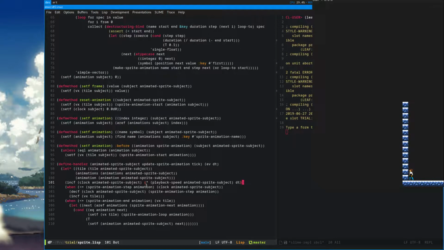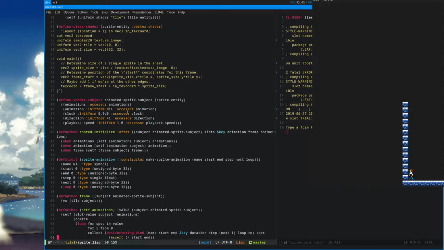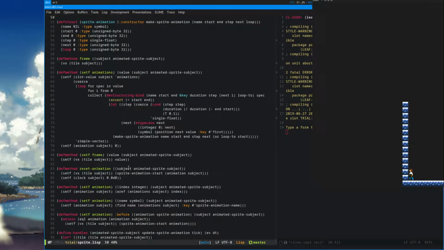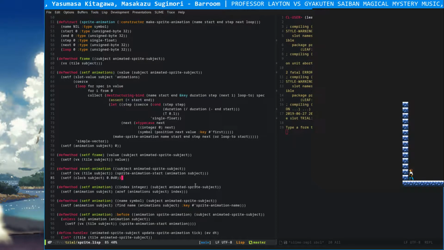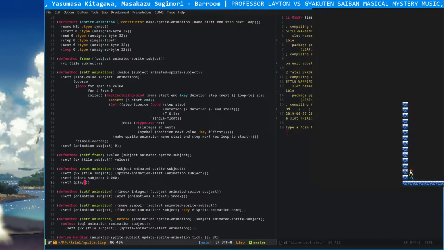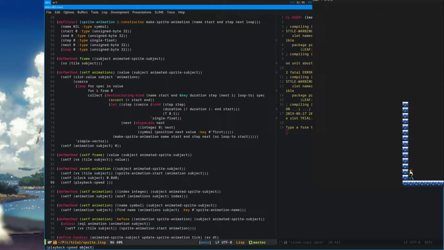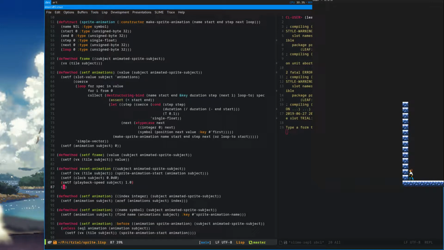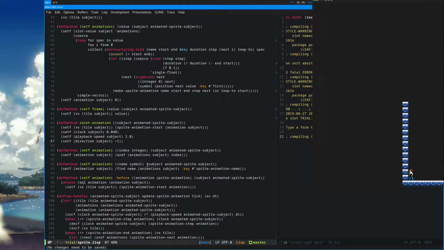That's one part, and then we need the direction. So reset should handle all that, and when you set a thing,